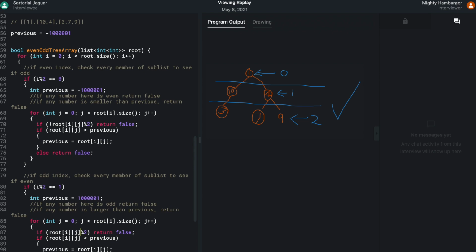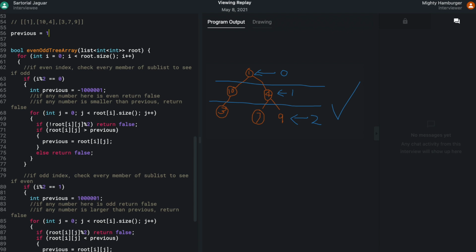Okay, 1 is, that returns 1. So this guy passes. So now on to the next one. Is 1 bigger than that? Yes, it is. Now previous is set to 1. So we are actually at the root i size. So now we increment. Well, we exit this loop. We go to here. This doesn't apply. That doesn't get triggered.